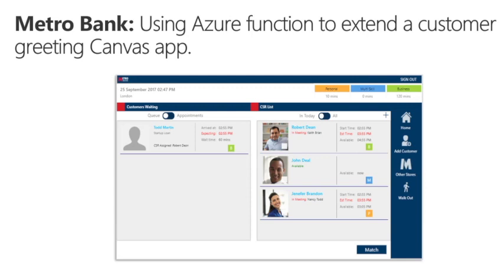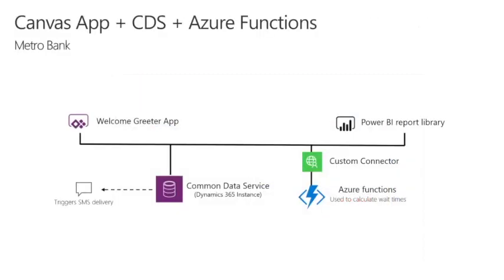or a nice way of extending or moving some of the complexity back into the back end. Here, they wrote an Azure function to calculate the wait time. Again, it's serverless, it allowed them to scale and not have to worry about maintaining all of that infrastructure. They needed to have an Azure function subscription. They needed someone to build the Azure function, but 90% of the app, or 99% of the app, was a pure Canvas app. So the takeaway here is that we see